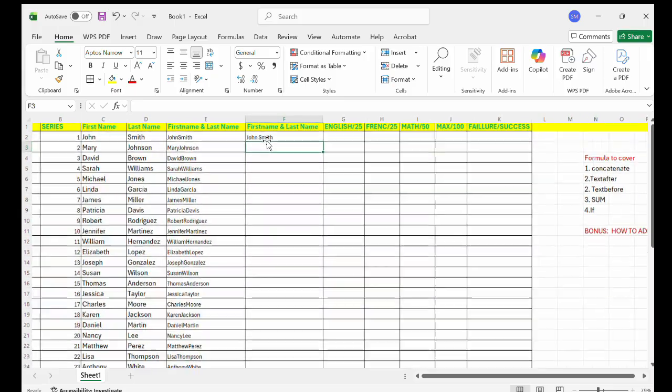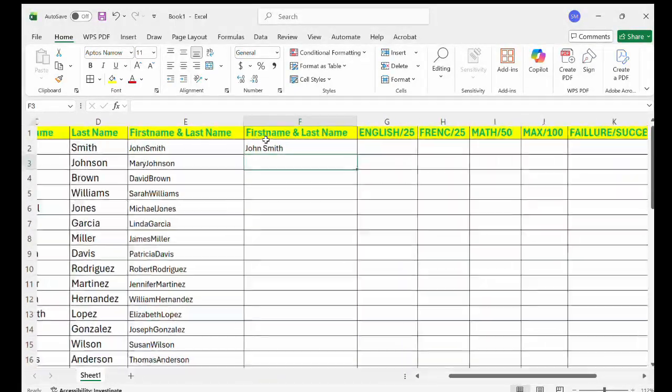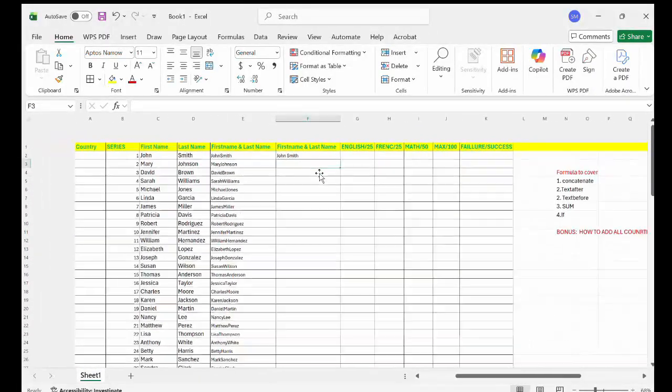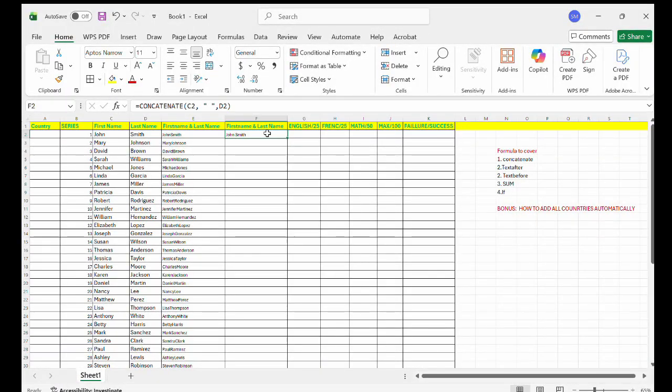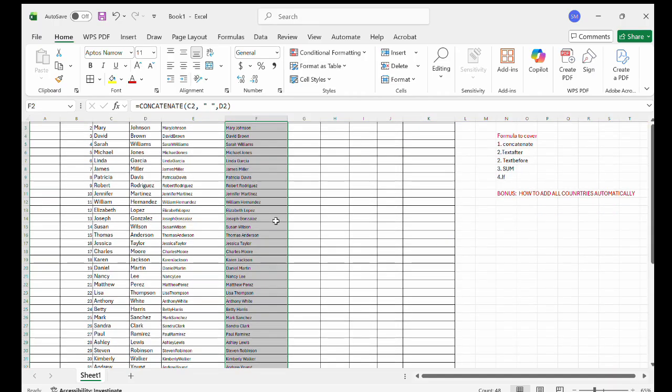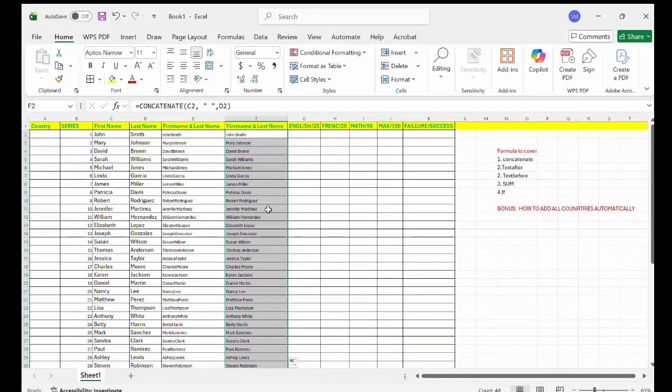You can see, let me zoom out. You can see there is a space in it. That's how we write a name, first name and the last name. And if you click here, it will do it automatically without disturbing you. We are covering the first one,